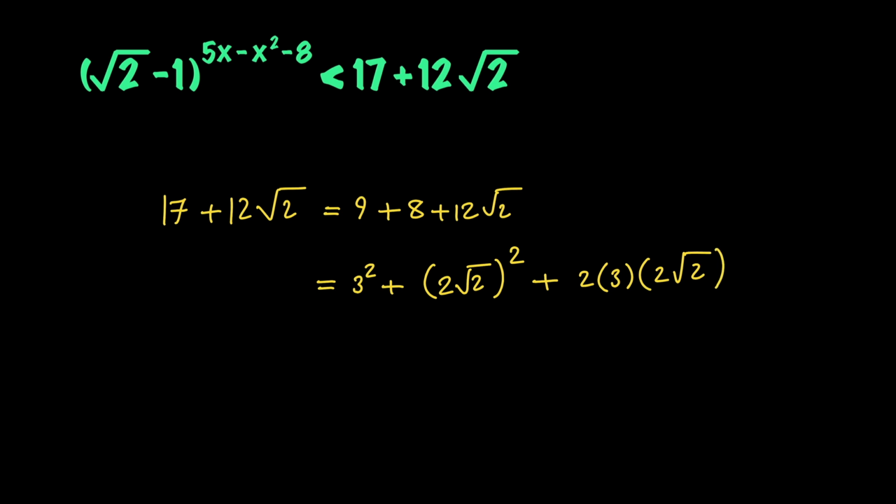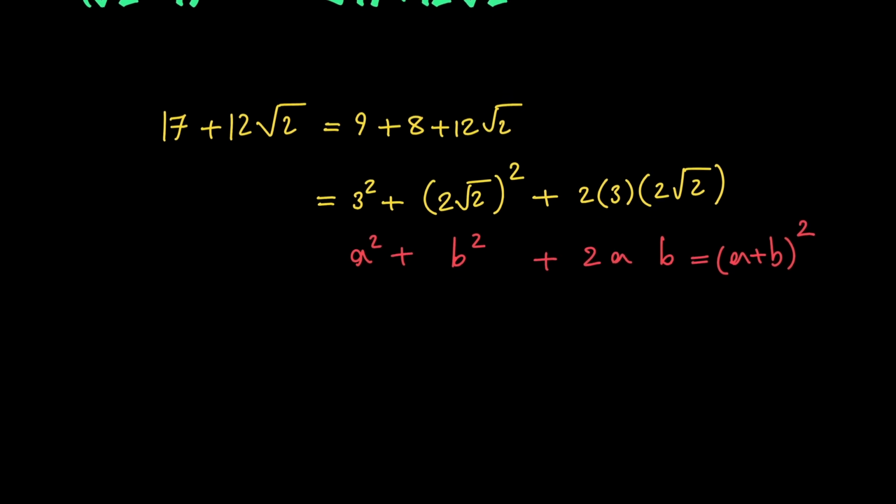Now, if you look at this, you can see that we have something in the form of a squared plus b squared plus 2ab, right? So we can write this in the form of a plus b all squared, right? So because of that, we can replace our number with 3 plus 2 times the square root of